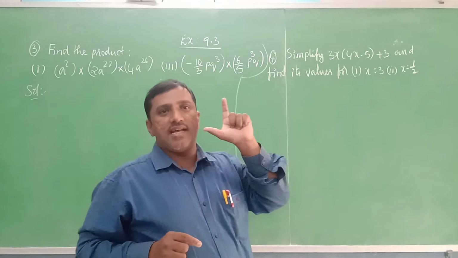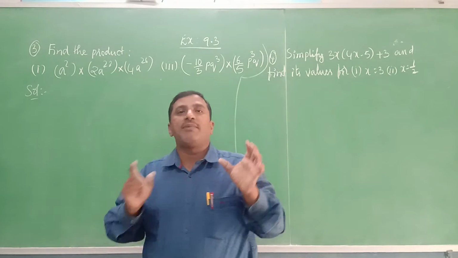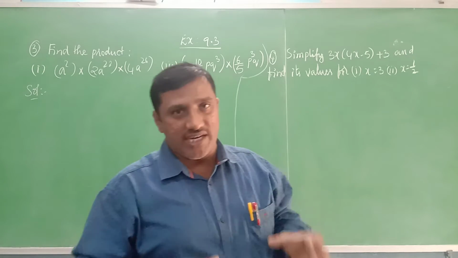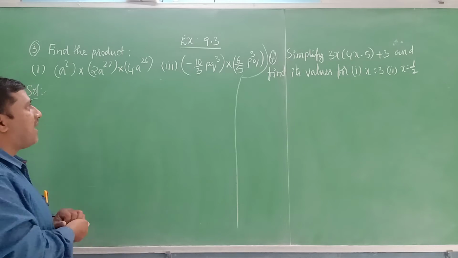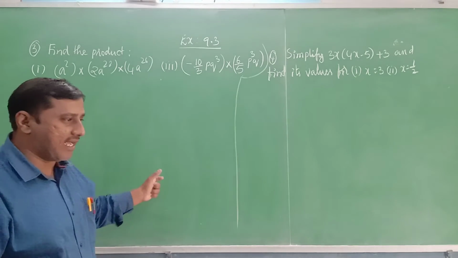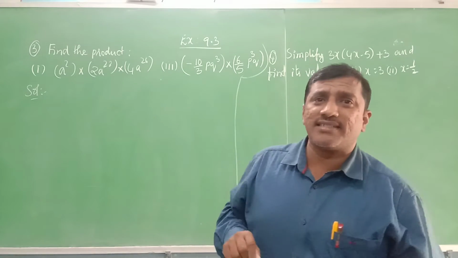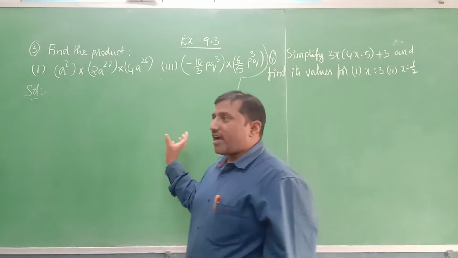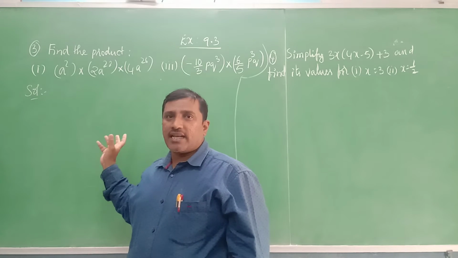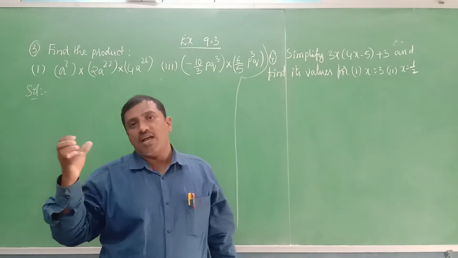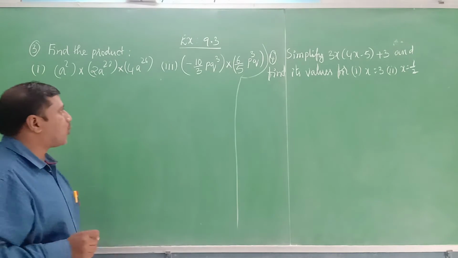Three steps. First step, multiply the arithmetic signs. Second step, multiply the constants, that is their coefficients. Third step, multiply the variables. While you are multiplying the variables of the same kind, add the powers and keep the power for the resultant variable. If you find different variables, that is two unlike terms are there, then when you multiply the variables, we will take the two variables in the product.